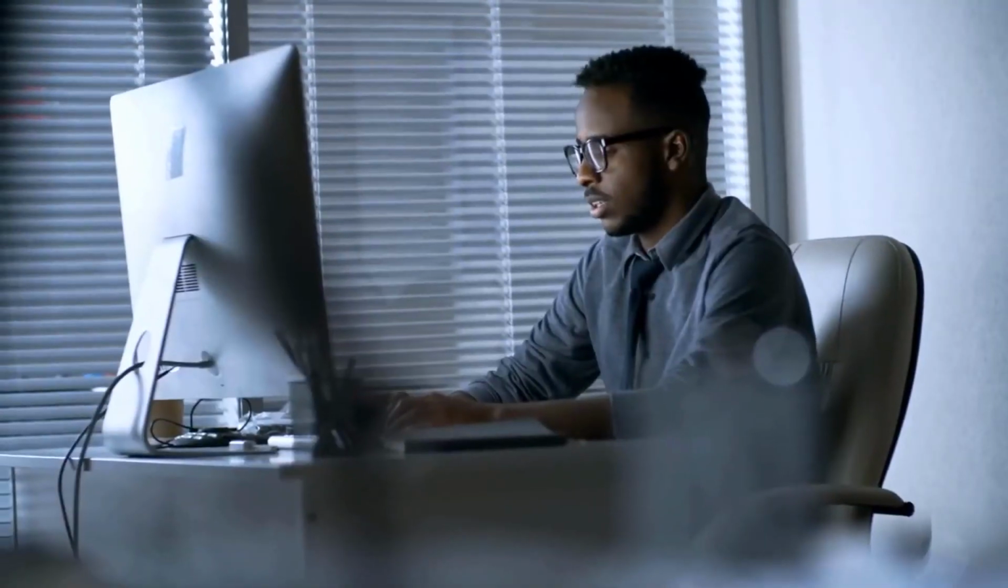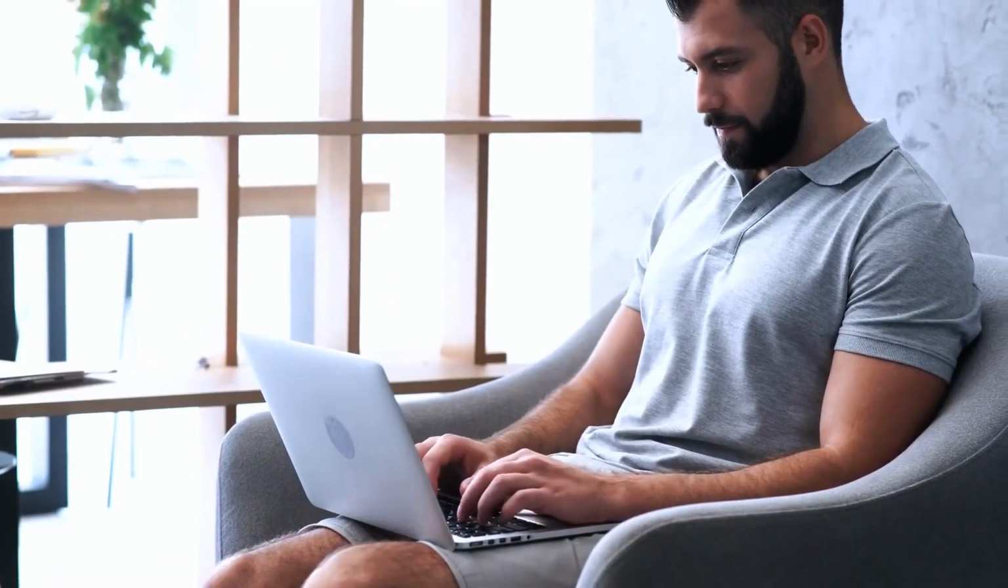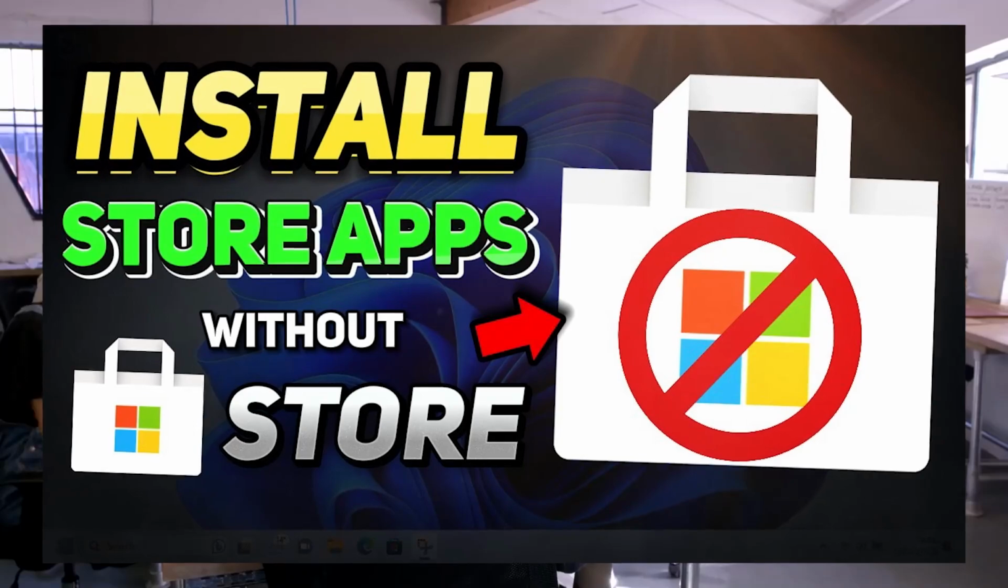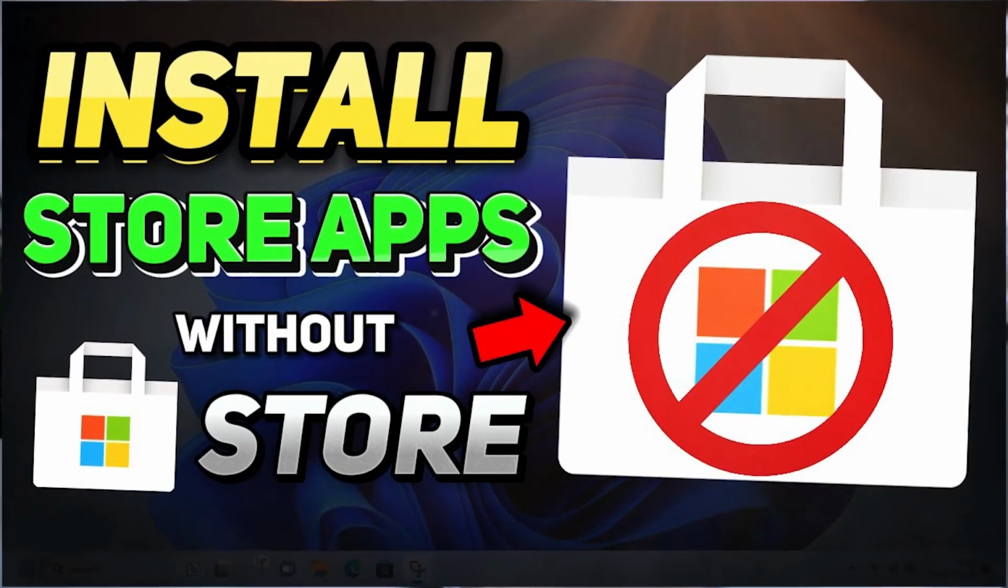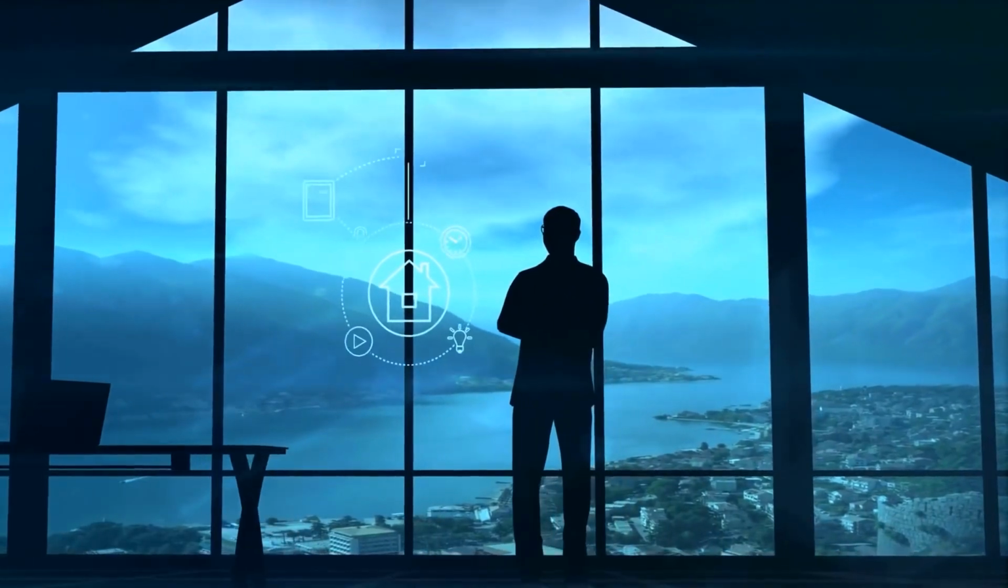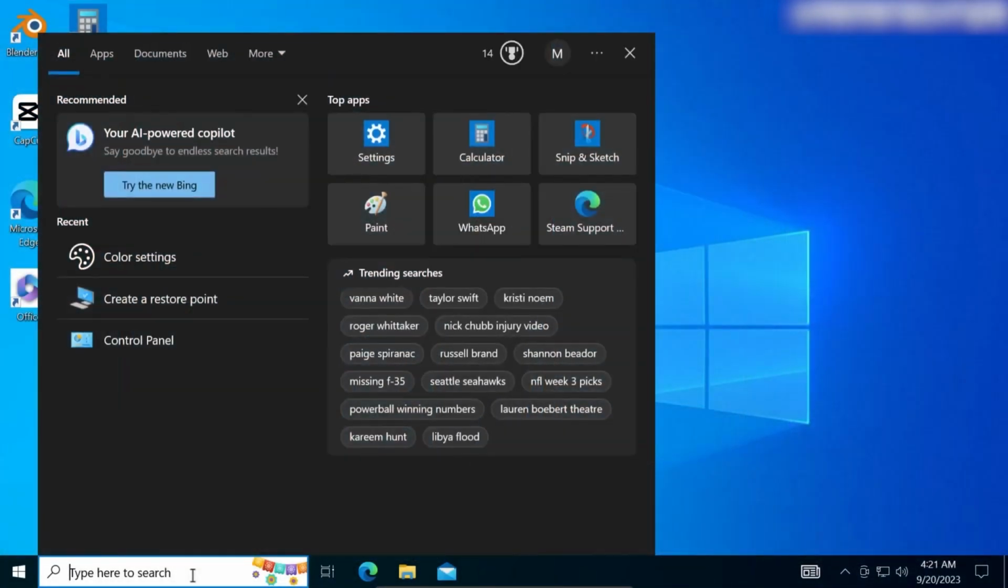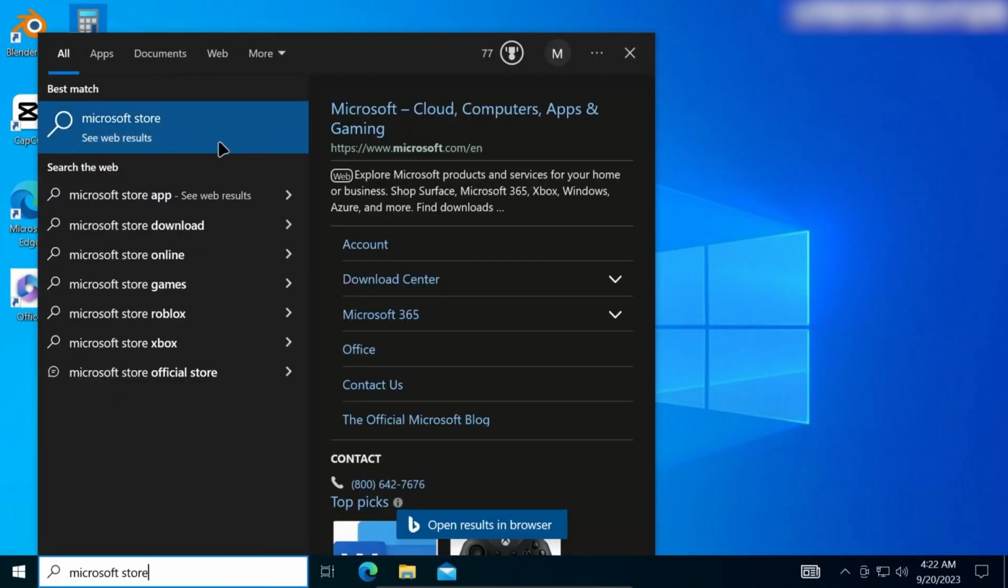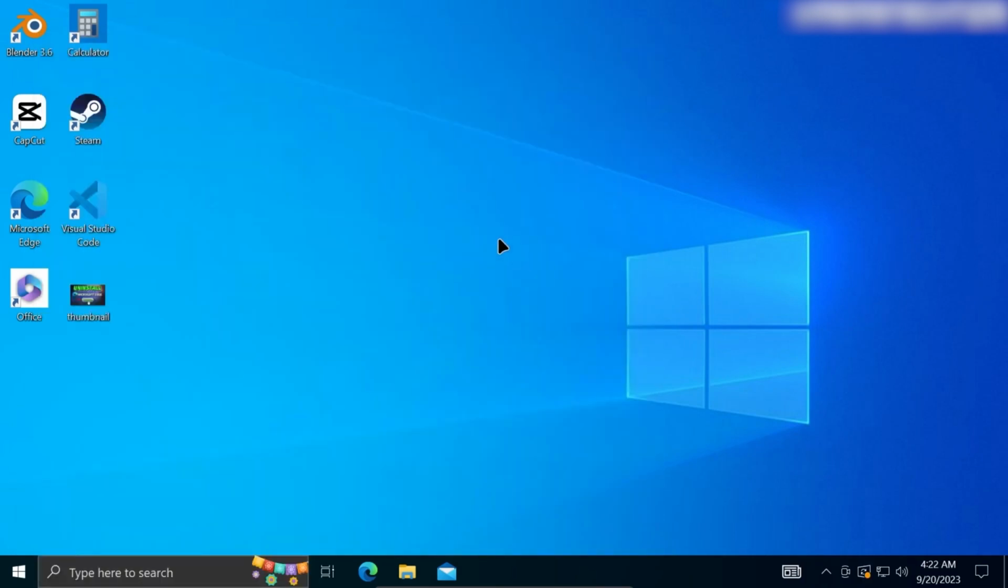Welcome to this quick tutorial where I'll demonstrate how to install Microsoft Store apps without using the Microsoft Store on Windows 10. So, let's dive right in. Firstly, if you've uninstalled the Microsoft Store and want to install its apps, there are two alternative methods I'll share